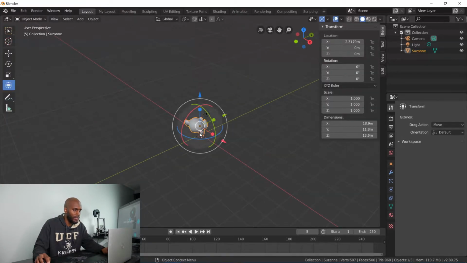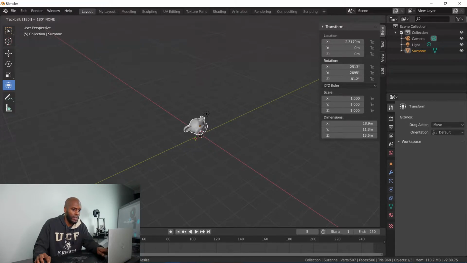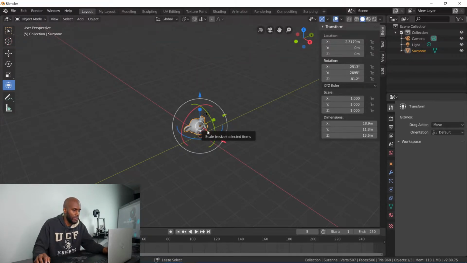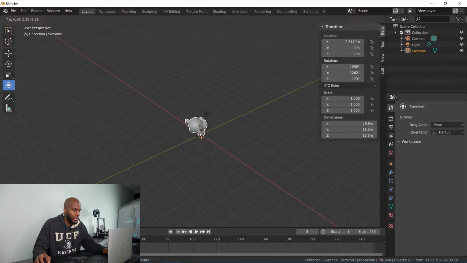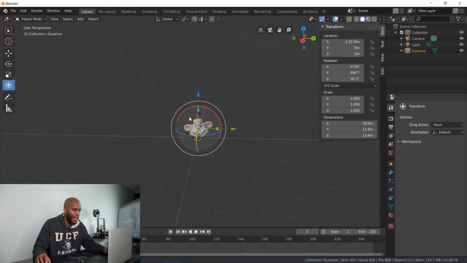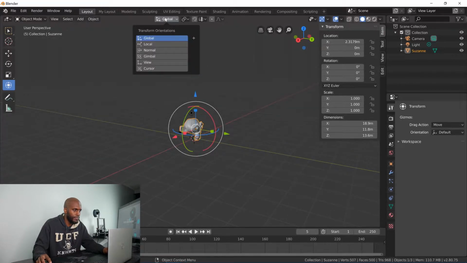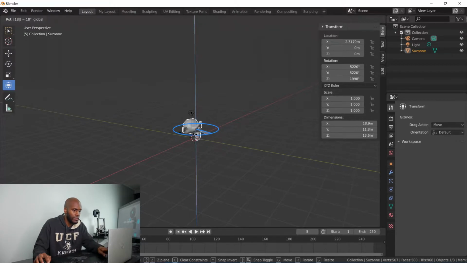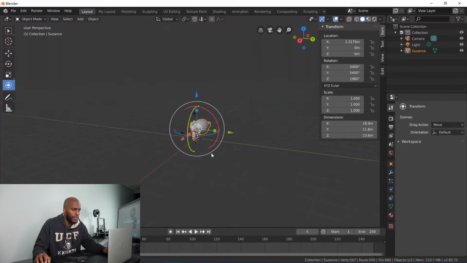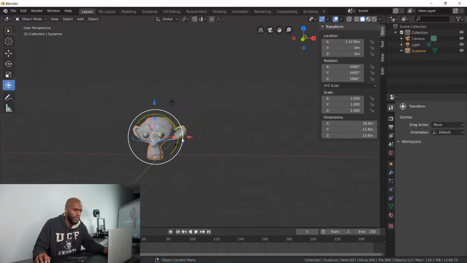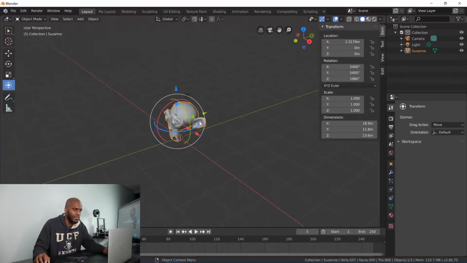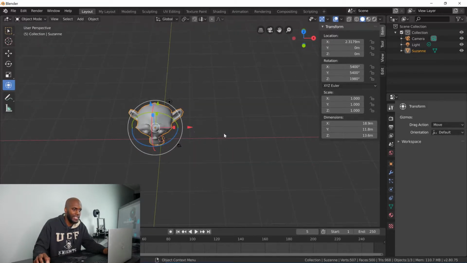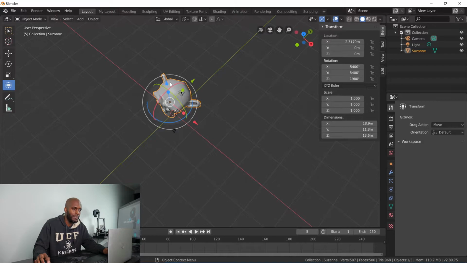So we're going to go ahead and flip them around because I tend to be a perfectionist in a way. So I want things to be positive X is red, positive Y is back,